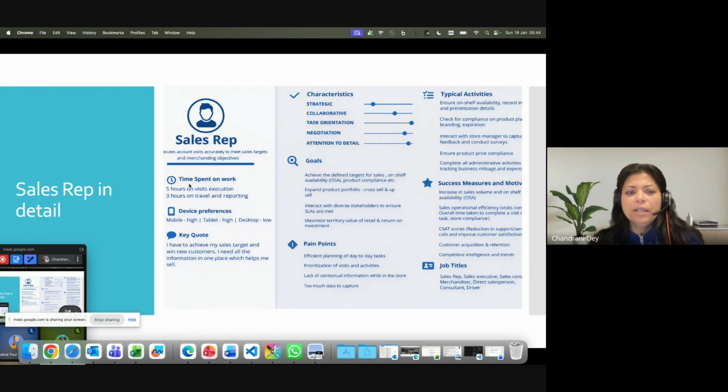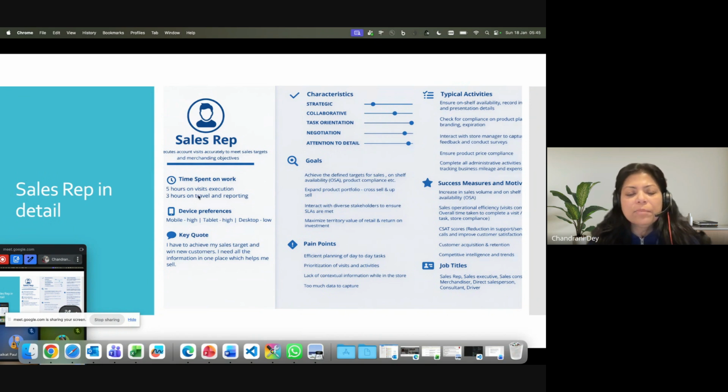So what I was saying is, in this particular slide, what you can see is the time spent on work by a particular persona. Here we are talking about the sales rep, and what kind of device he uses. Mainly, the sales rep spends most of his time in the field. That's why it is written that 5 hours is on the execution of the visit and 3 hours maybe on travel on a typical day.